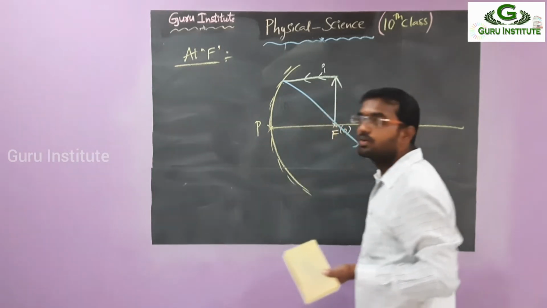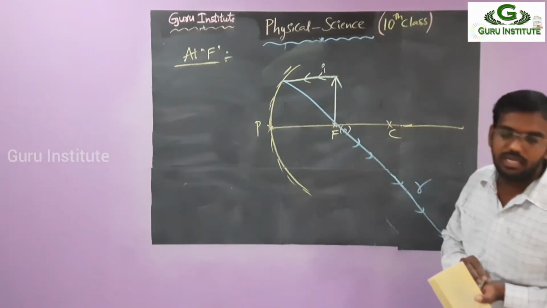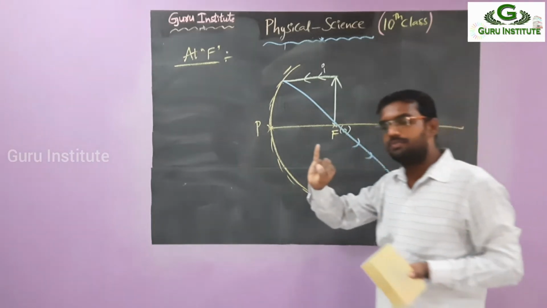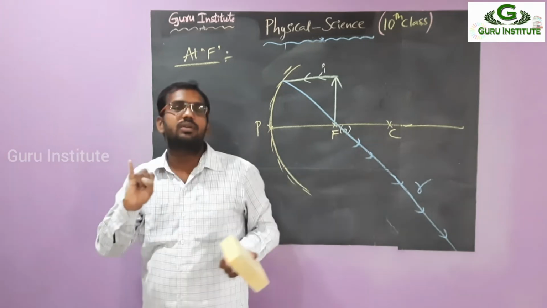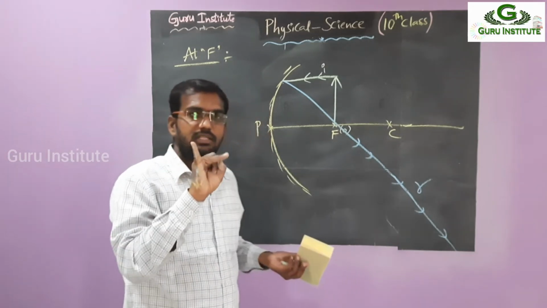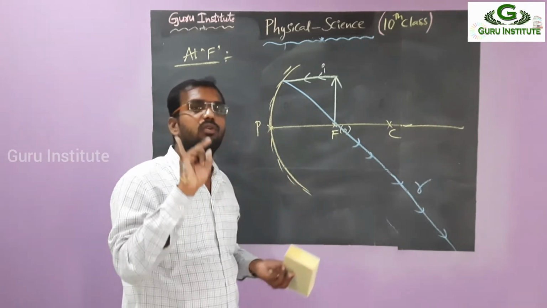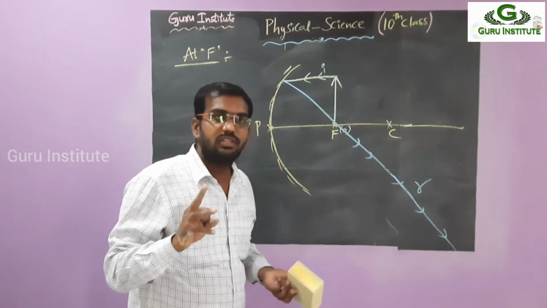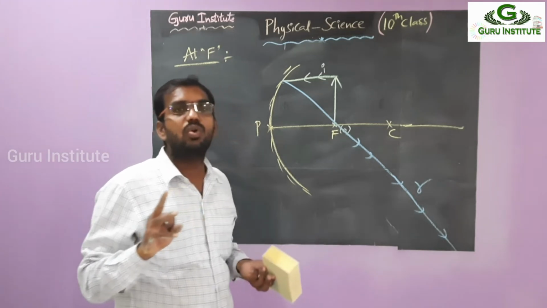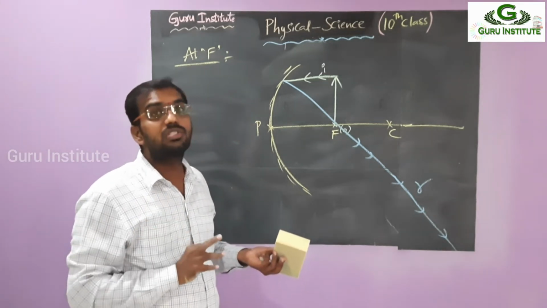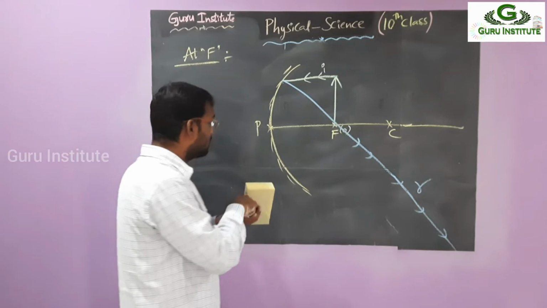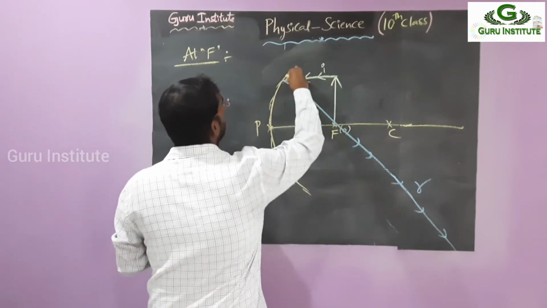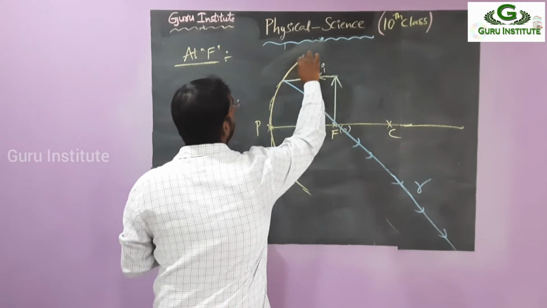So that's why now we are going to the third ray diagram. That means the third ray we have to use. What is the third ray? First one: parallel to principal axis, passing through focus. Second one: passing through focus, parallel to principal axis. This second one is not applicable here. Then we go for the third one. What is the third one? Passing through center of curvature, or passing through principal axis, there is no deviation. Passing through center of curvature we have to take.